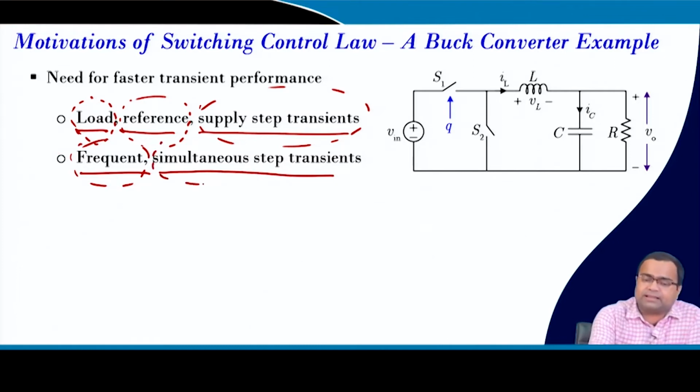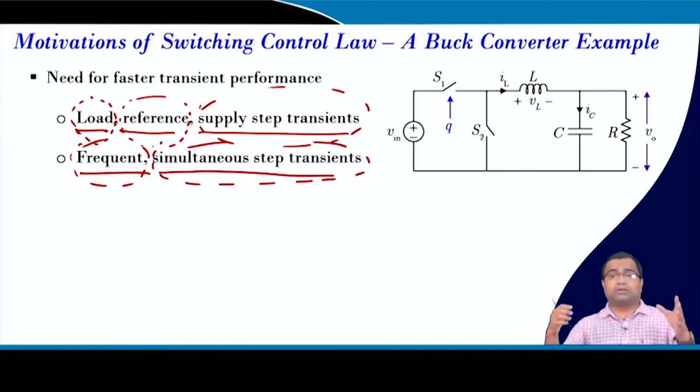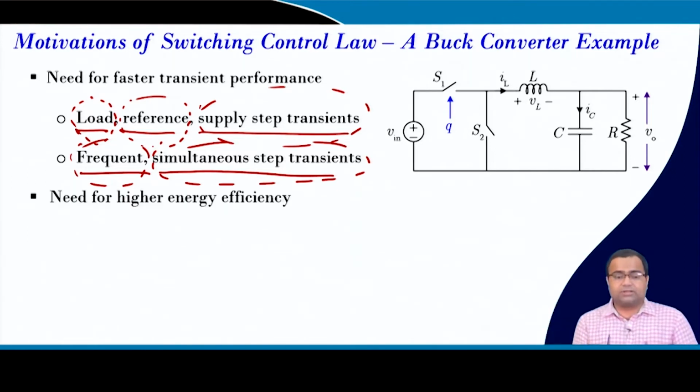In dynamic voltage applications, the reference voltage and the load can change together, because we are talking about a DVS enabled system where we need to optimize the dynamic power. When suddenly one task requires a certain voltage level, we need to change the voltage. Suppose the voltage requirement is high, that means the task is more intensive and we need to finish within a deadline. So the load is already high, and we also need to increase the reference voltage. So, there can be simultaneous step transients, and at the same time we need very high energy efficiency,